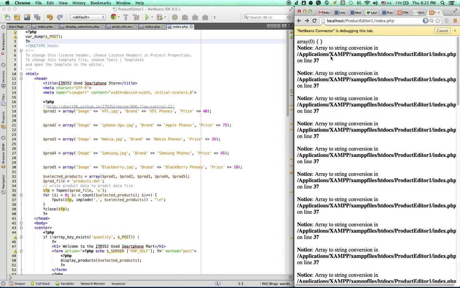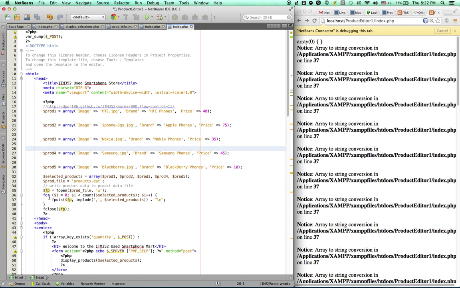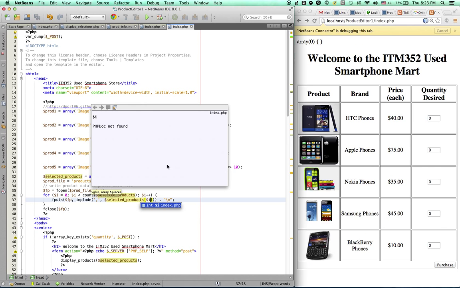Okay, now I'm getting a different error. I'm getting an array to string conversion in line 37. I said selected products. That is the multi-dimensional array. That's the array of the arrays. So I need to get the ith one. It's an interesting mistake to make there. And in theory, I should have